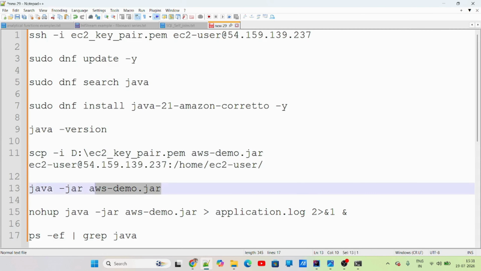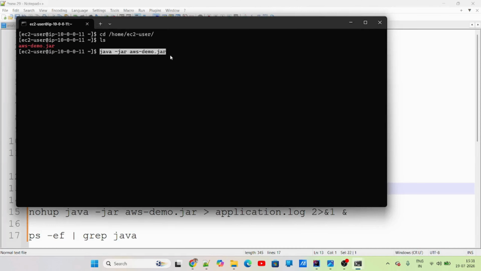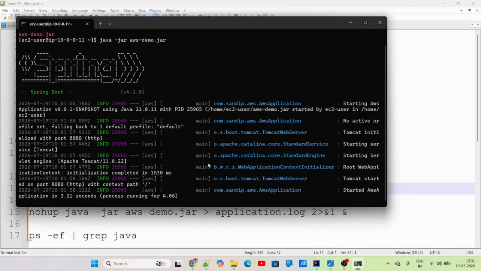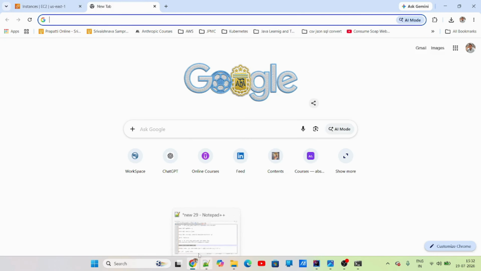Now what we would do is we'll just start the application like normally we do in Java with the Java command. Now this application is coming up. Application is up. Now let's run the,